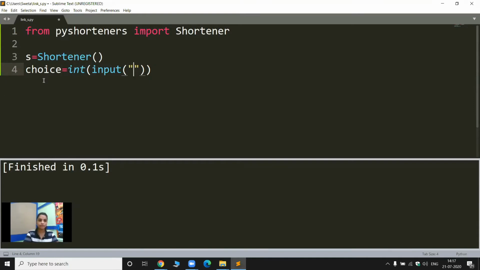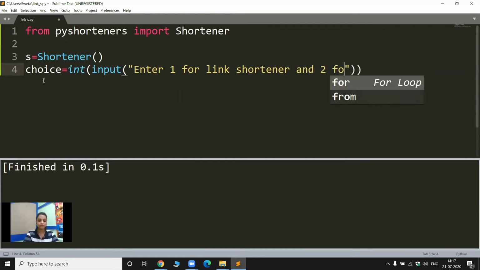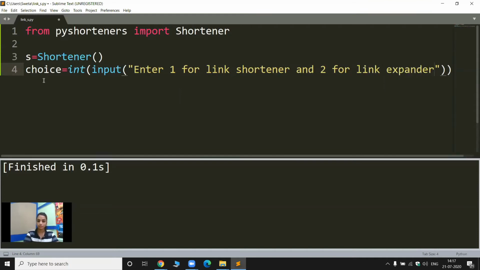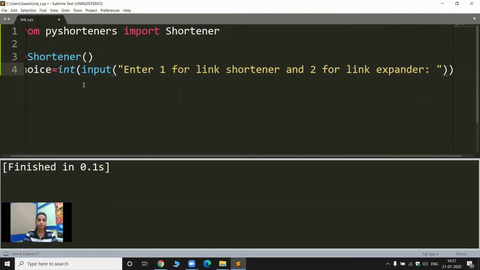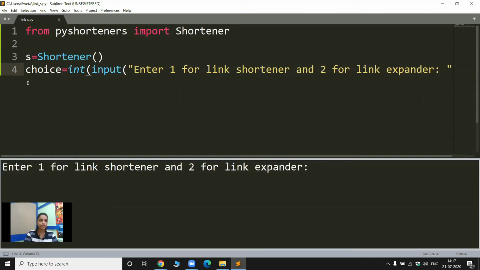Let's write: enter 1 for link shortener and 2 for link expander, and then a colon. If you run this, you'll get a place where you can give any input. Right now, I'll just move ahead.